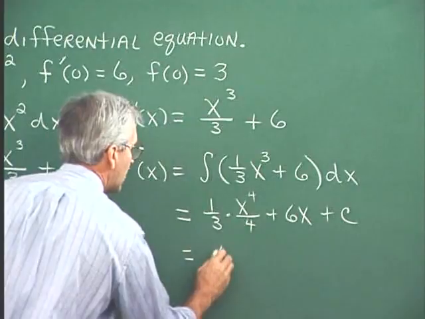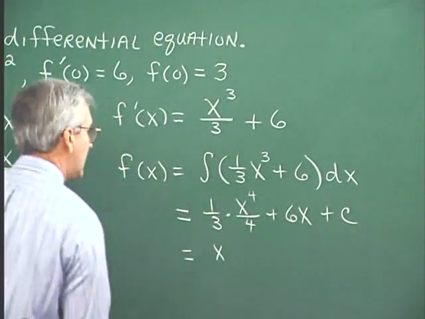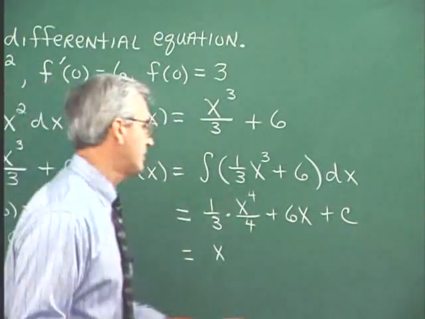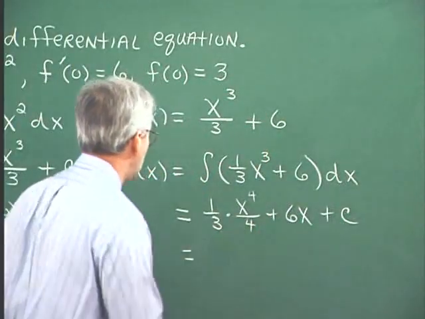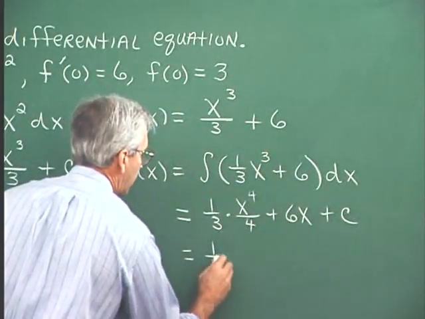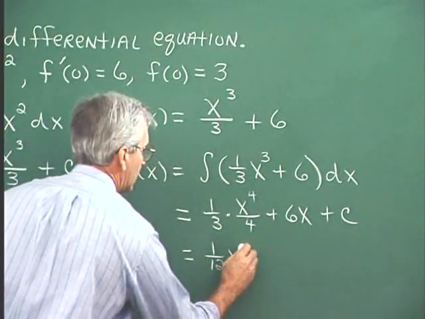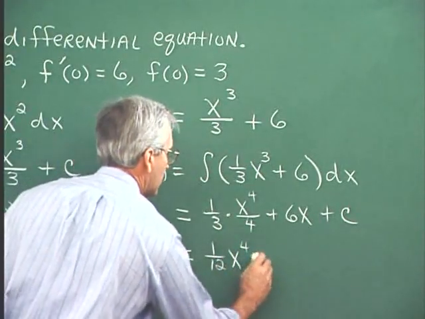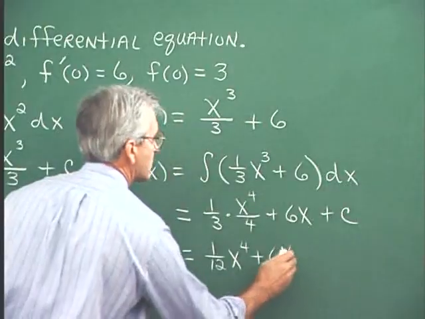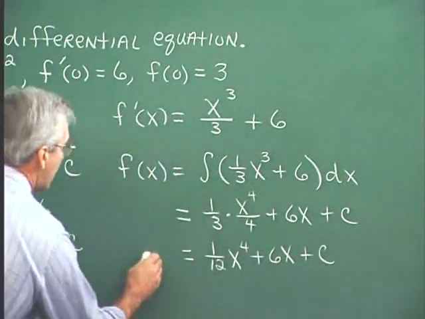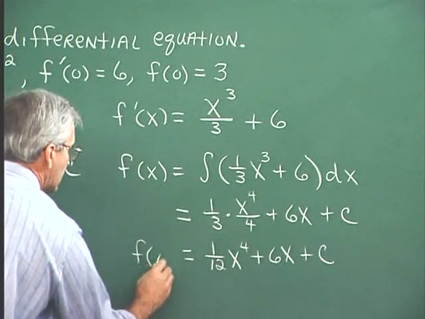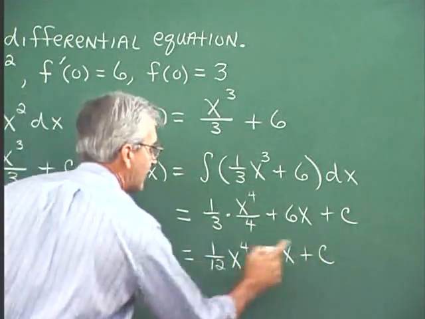Let me write it with a distinct coefficient. I can do it a couple of ways, but I think I want to write it as 1/12 x to the 4th plus 6x plus c. And now that's what f of x is all about, but we can identify the value of c